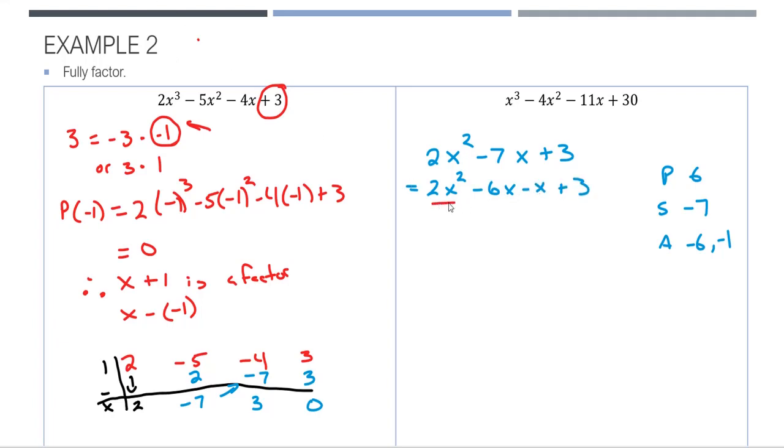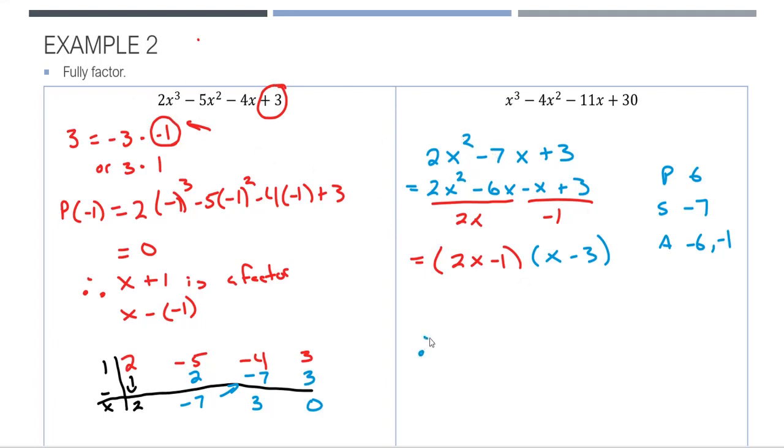And I'm looking for a GCF in these first two terms. Well, it's 2x. And then in my second term, now this is a minus 1. I need to make that a positive. So I'm going to divide by negative 1. So one of my factors will be this 2x minus 1. And the other factor will be, well, 2x squared divided by 2x is x. And then negative 6 divided by 2 is negative 3. And x divided by x is 1. So there we go. So now I've fully factored this quadratic, but I need to put what my final answer